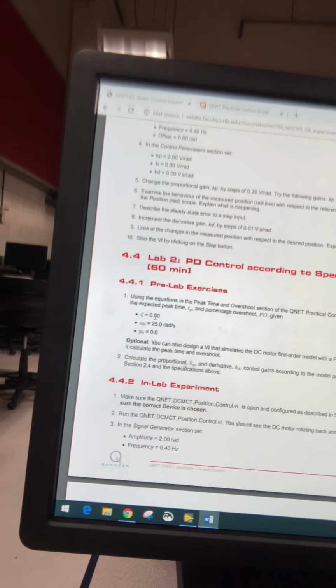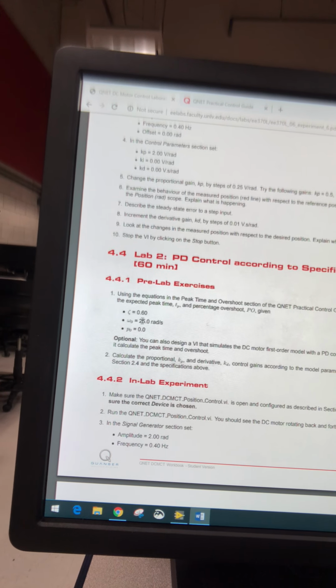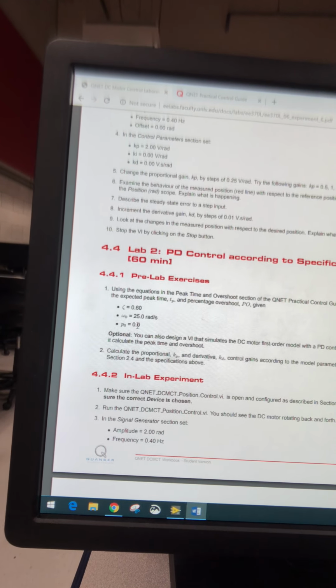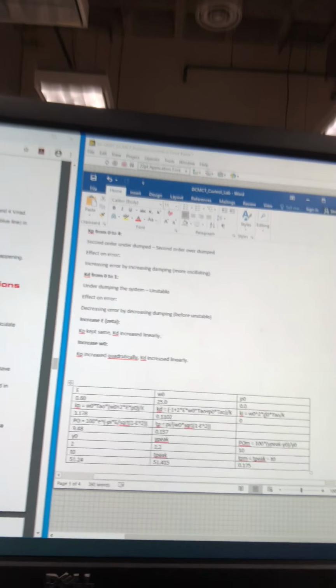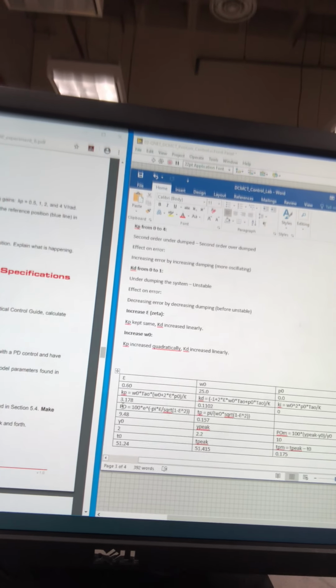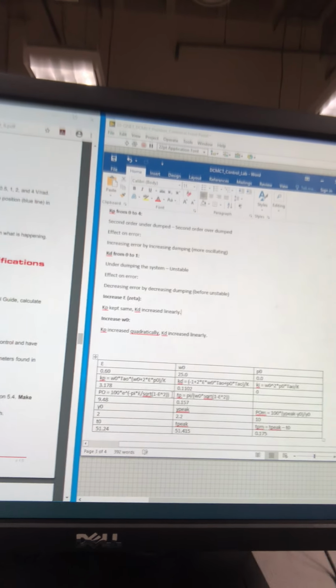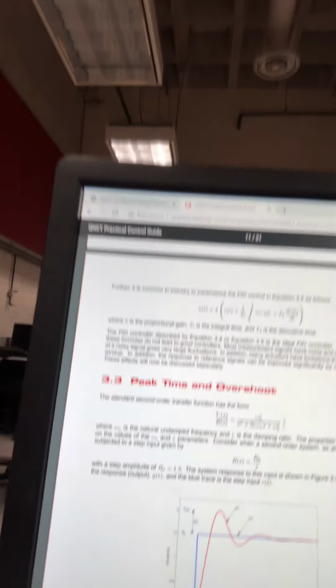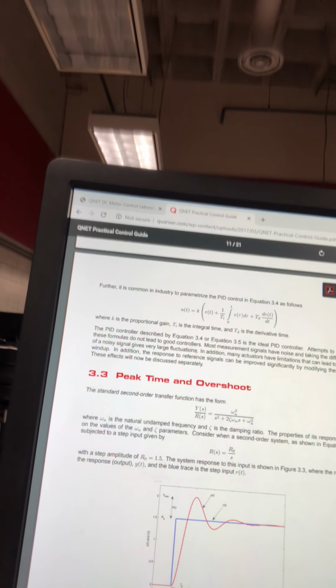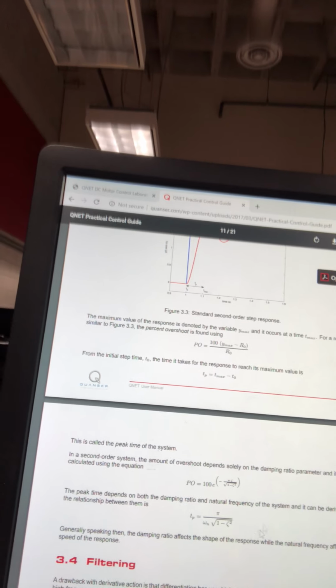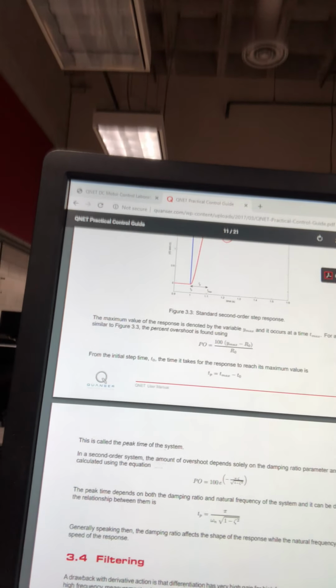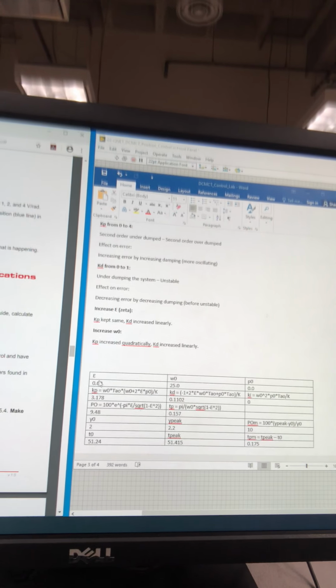So right now, given zeta equal to 0.6, omega 0 as 25, and P0 as 0, we can calculate the Kp, Kd, and Ki we want, and also the percentage overshoot and peak time, these two expected values, with these two formulas in QNet's practical control guide. So this is what we need to calculate